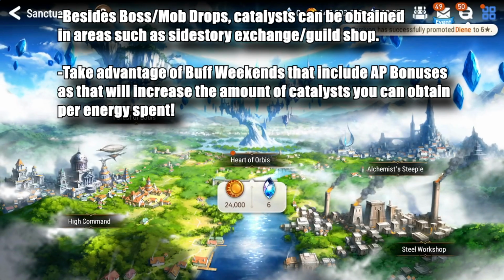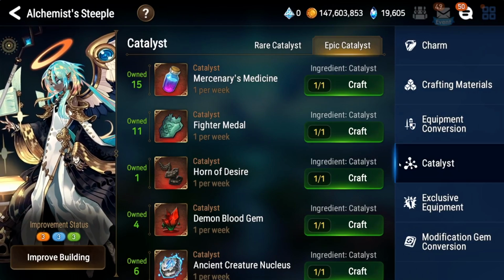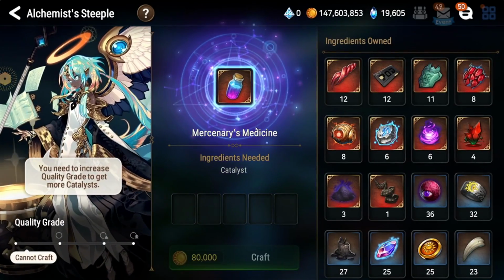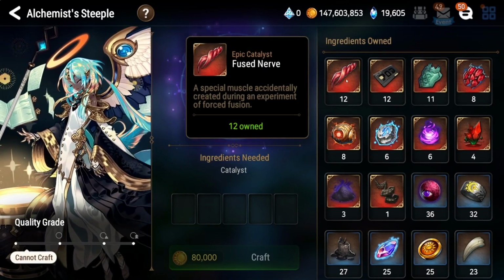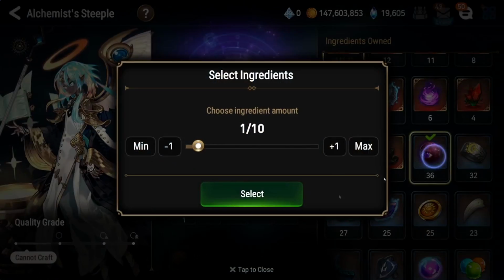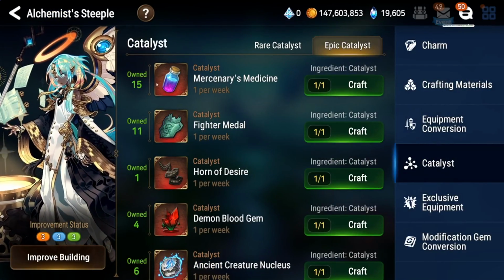And if you need to know exactly where to farm them, guys, here's a nice little tip that I like to show people. You go to the catalyst tab here, which, by the way, take advantage of the Alchemist Steeple. Once per week, you get to convert catalysts in exchange for other types of catalysts. So essentially, you do lose a little bit of value, but let's say you have a ton of one type of catalyst, like my fused nerves here. I can change these fused nerves in exchange for mercenaries medicine by combining any combination of normal and epic catalysts. Just something that you should be aware of and take advantage of if you have too much of one type